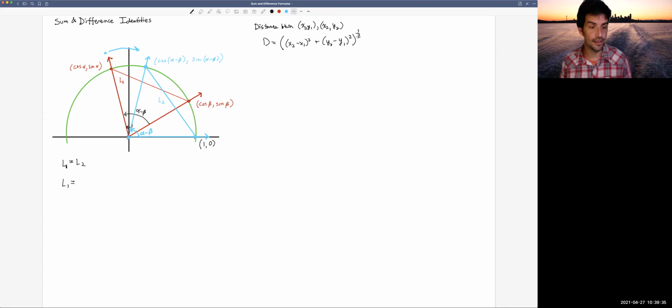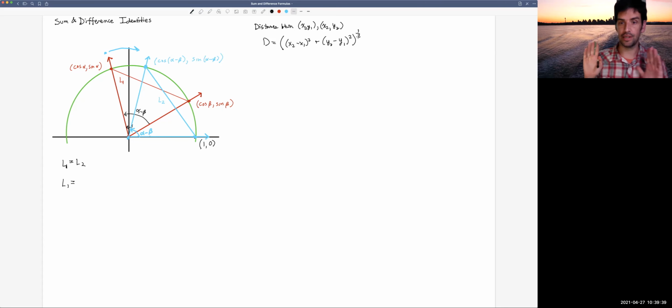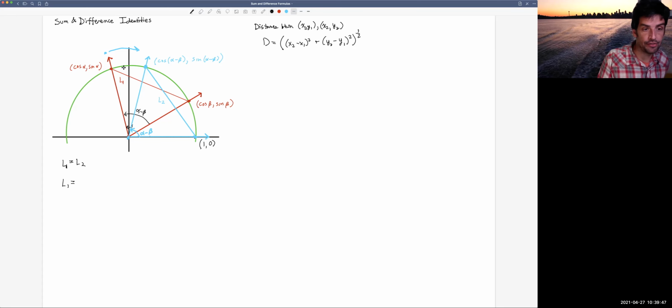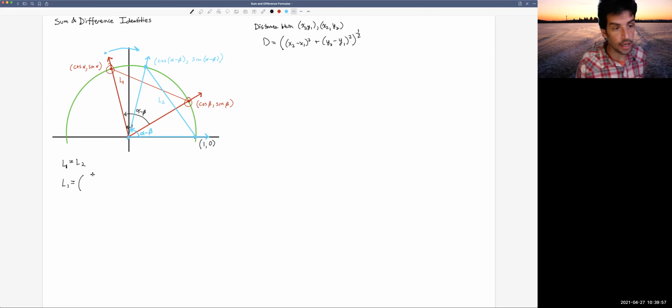Distance formula, Pythagorean theorem, and the equation of a circle are all getting at the same idea, but I'm just going to take this as a formula for now. So let's look at L1. We've got these 2 points. I'm looking at the red vertices here and here. So if I want the distance between those 2 points, I'm going to take the